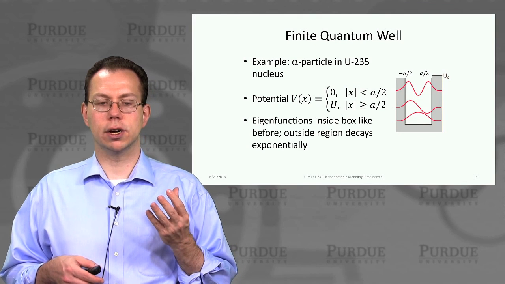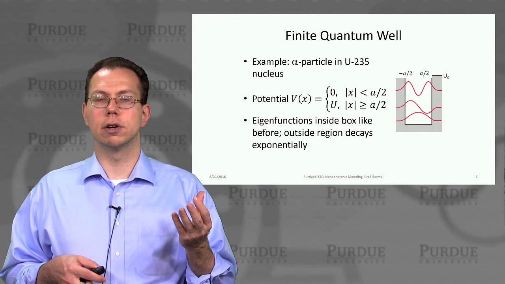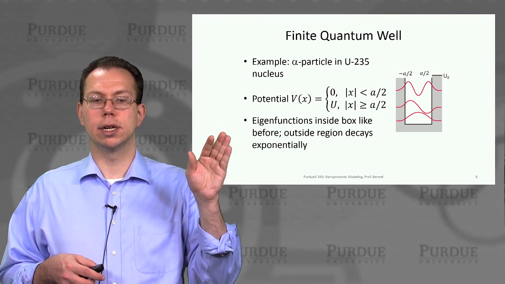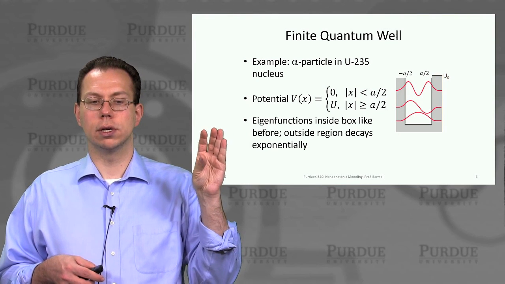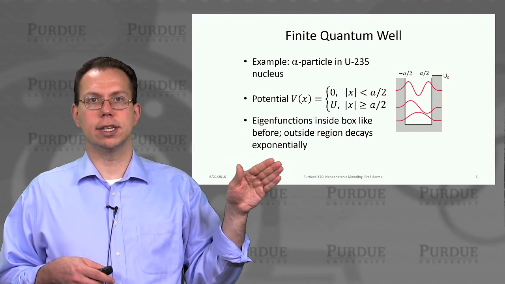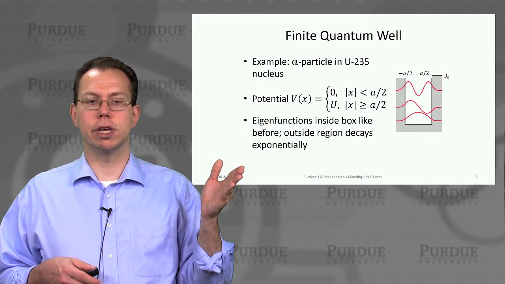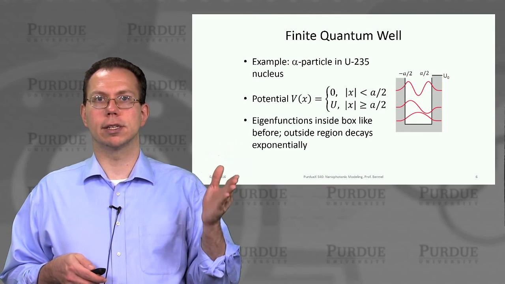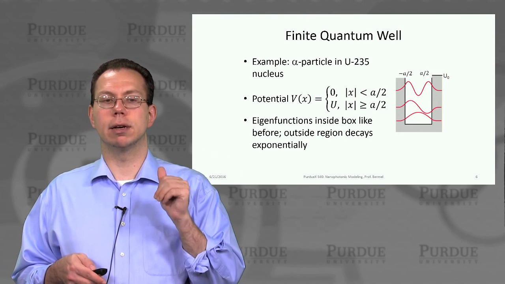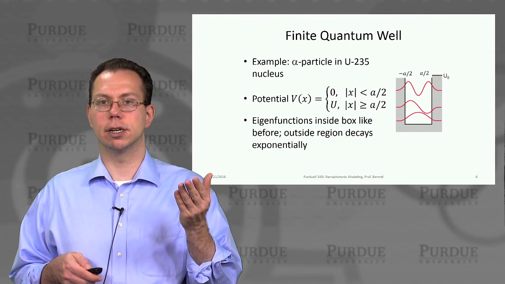Then, of course, we could also do a finite quantum well, like an alpha particle in a uranium nucleus. Here we would say it's very tall, but not infinite potential. The difference is just that now it can actually decay exponentially to the outside and maybe even tunnel out, which of course would be classically forbidden if U is greater than kinetic energy, but it's allowed in quantum mechanics. But it may be very improbable, so that's why the uranium-235 nucleus lifetime would be on the order of hundreds of millions of years.